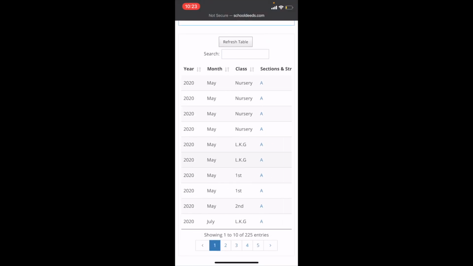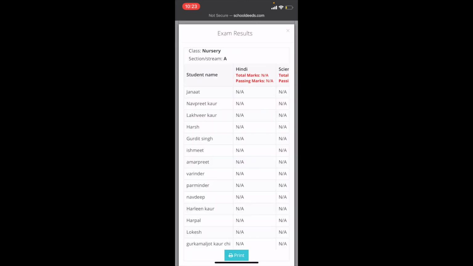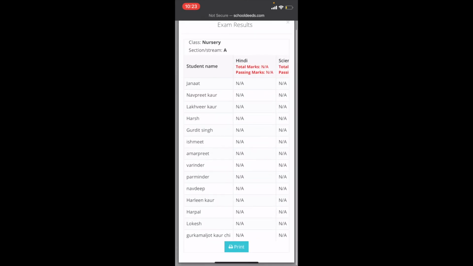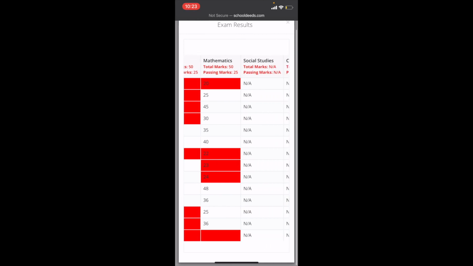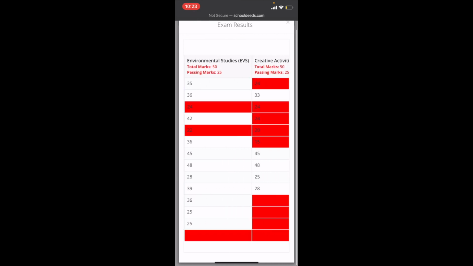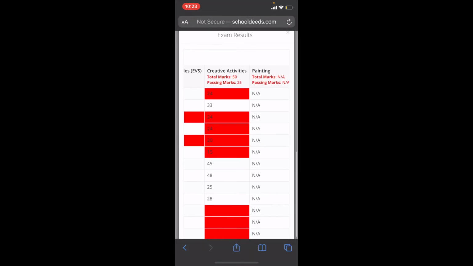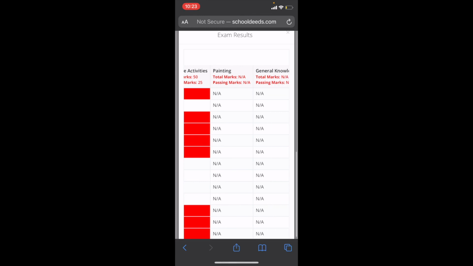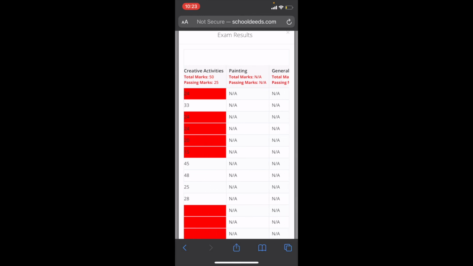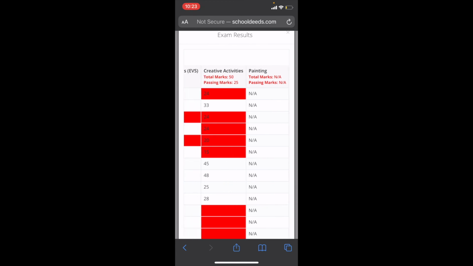Here we click on the section button, and after clicking on the section button, we can see the records that have been updated by the teacher for the particular class and the particular section. Here we can see in the subjects whose results have been updated and whose results have not yet been updated. Like in painting, we are seeing N8, which means the result has not yet been updated, and in creative activities we